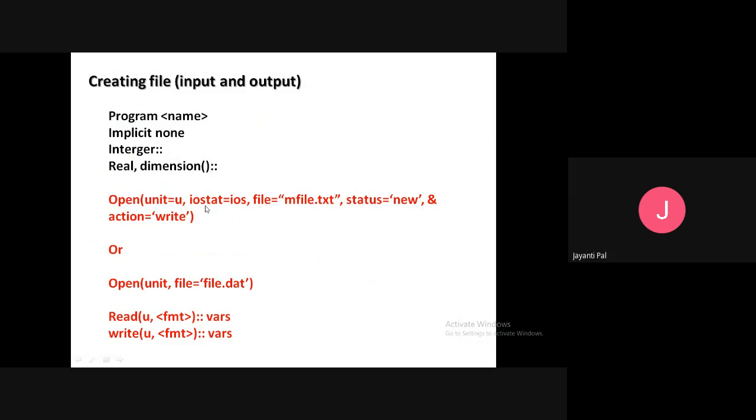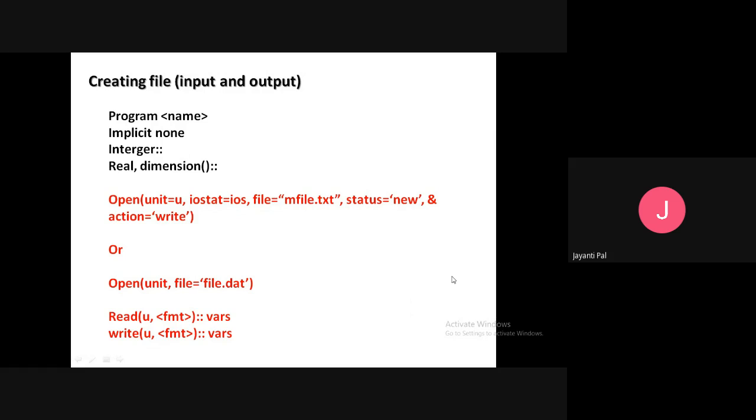In the same way, if you want to create an output file where you want to write your output, and you write unit equals 2 here, then for writing purpose you have to write 2 here. So this is how you can create your input and output file.